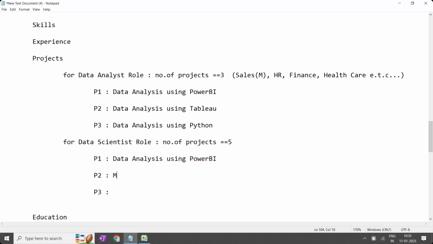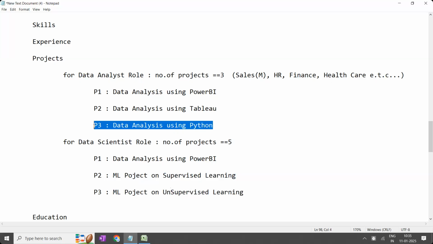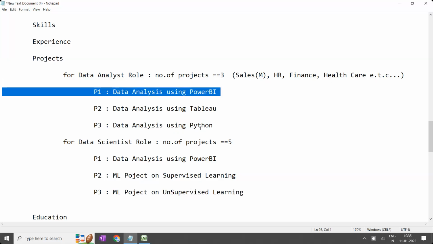Okay. An ML project on supervised learning, that is on labeled data sets, which is called regression and classification, and an ML project on unsupervised learning, that is association rules, clustering, and recommendation engines. Choose one project. So my requirement is, data analyst students try to complete these two projects in these holidays.